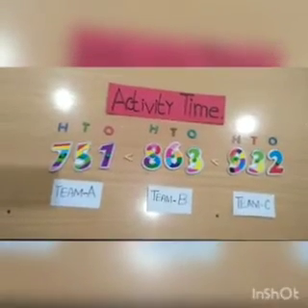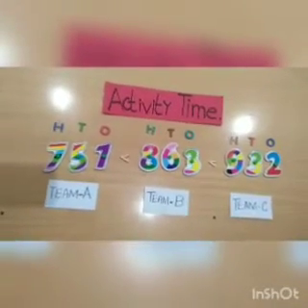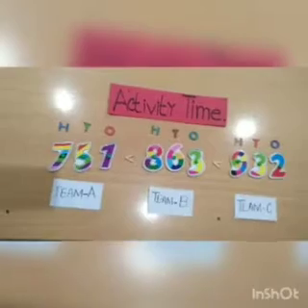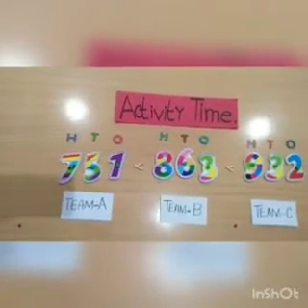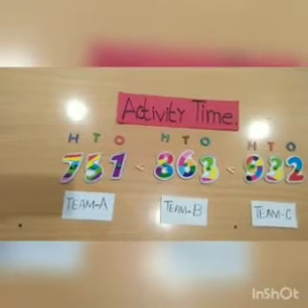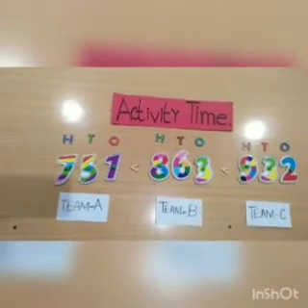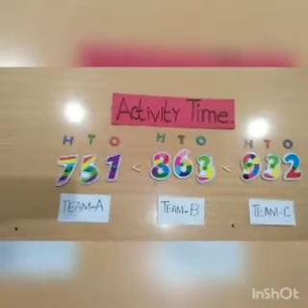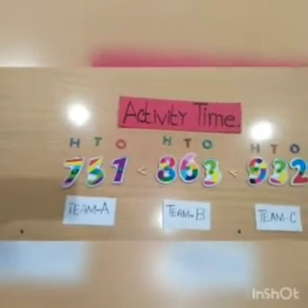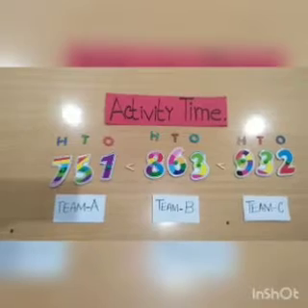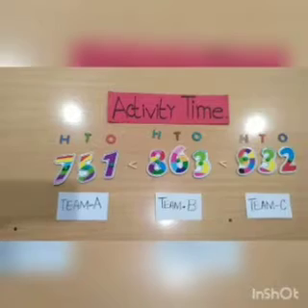While comparing three-digit numbers, first we compare the number on hundreds place. 7 is in the hundreds place in team A, team B has 8 in the place of hundreds and 9 is in the place of hundreds in team C. 7 is smaller than 8. 700 is smaller than 800. And 8 is also smaller than 9. Can you please tell me which number is greatest?